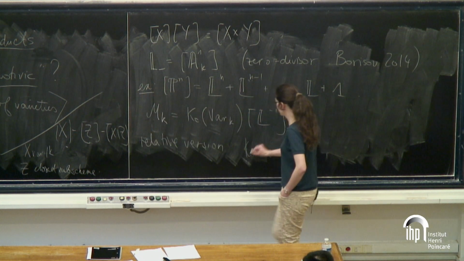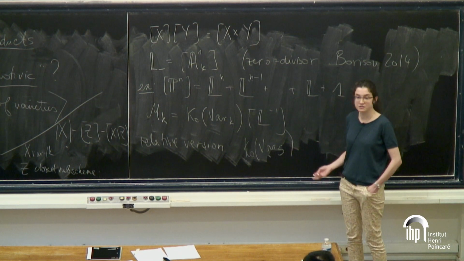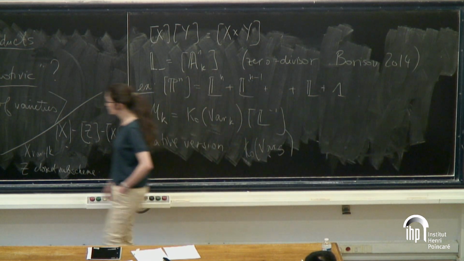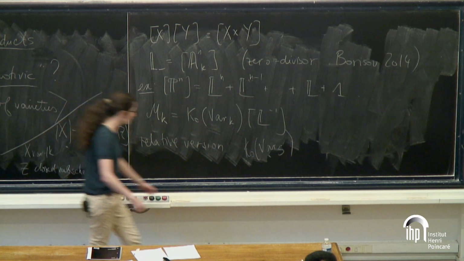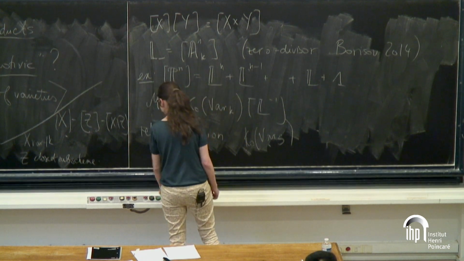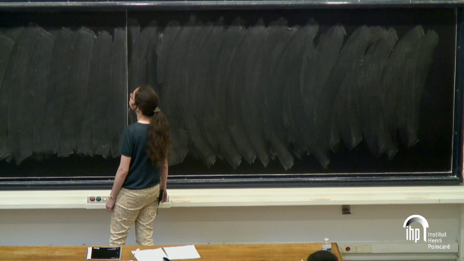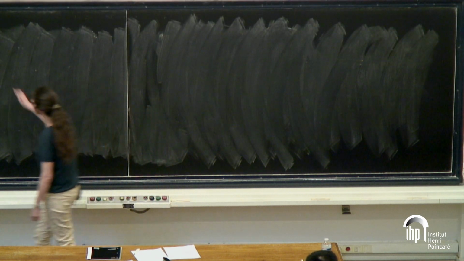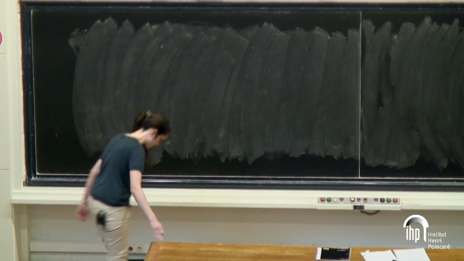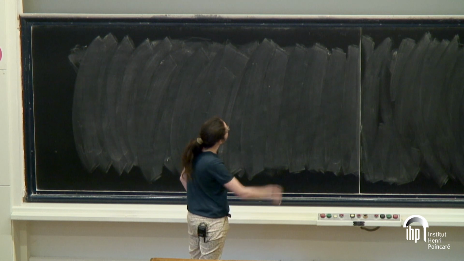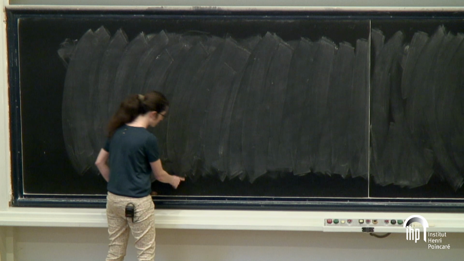So we can consider a Grothendieck ring over some variety S just by replacing in this definition varieties over K by varieties over S. Okay, so now that we have the definition of Grothendieck rings,